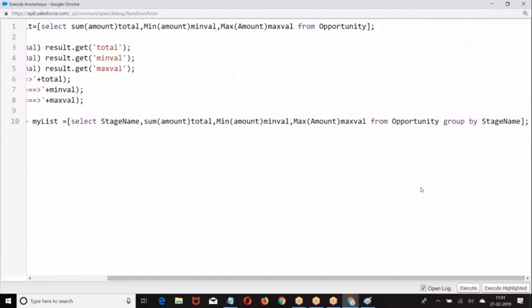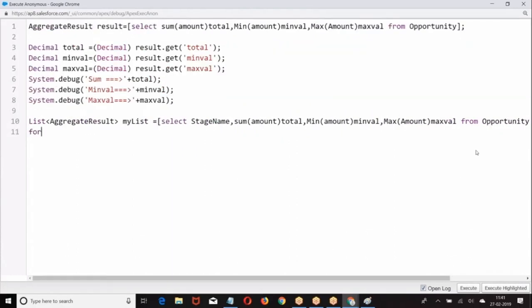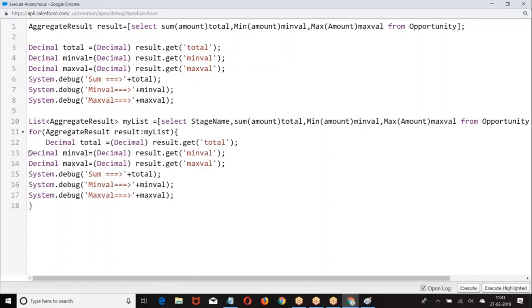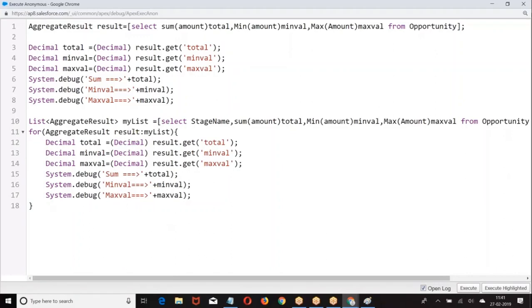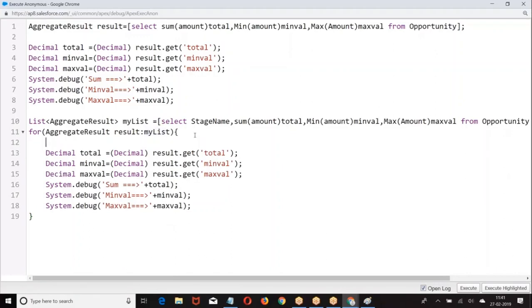Only the point is, because it is a list of records, I will take one by one record. Aggregate result, my list, the result I got.